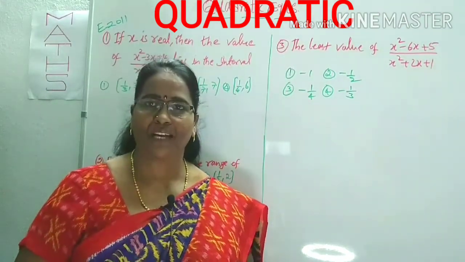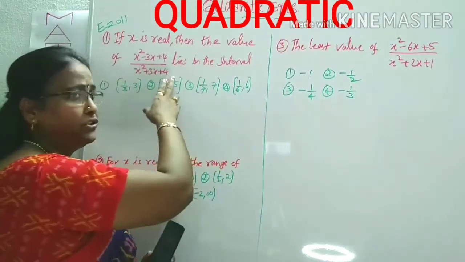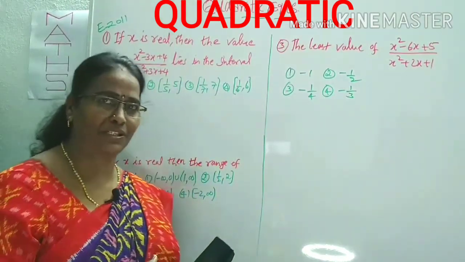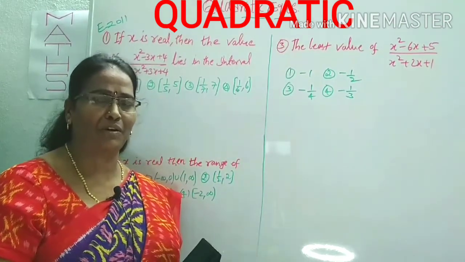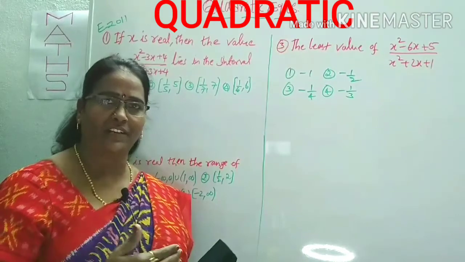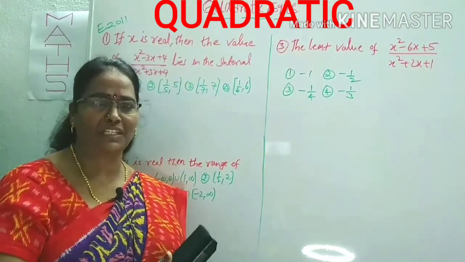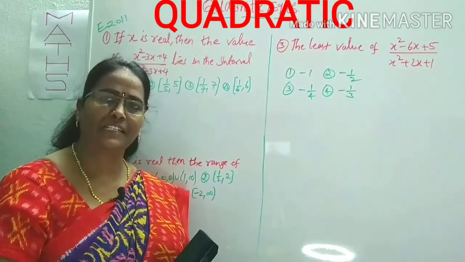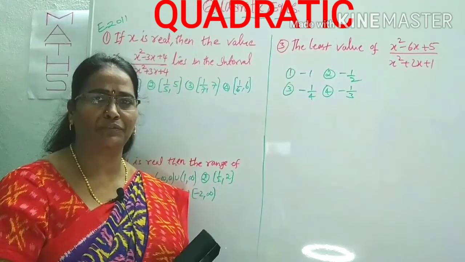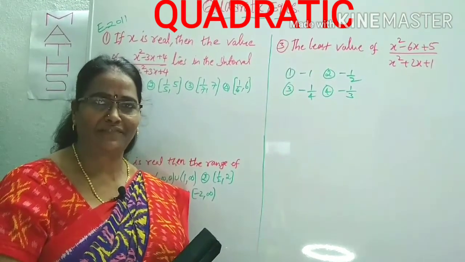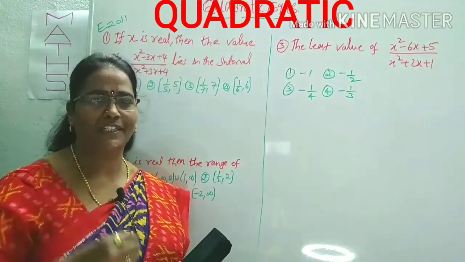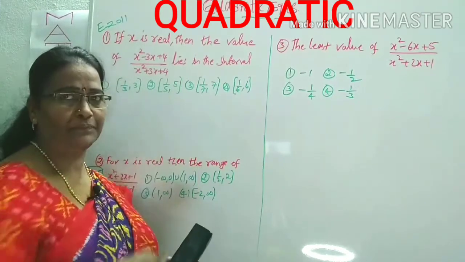Actually, this one you can find out by taking the expression as y and converting it into a quadratic expression. Again reduce it into the form b square minus 4ac is greater than or equal to 0, like that you have to take. But it takes too much time. Nearly I can spend 15 to 20 minutes on that. But in an objective exam, if you do like that, it is a waste of time. That's why you have to think about a short trick to find out this interval.